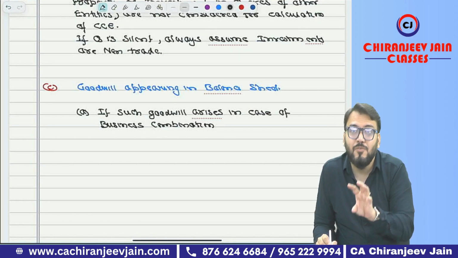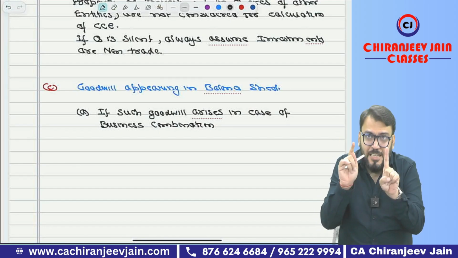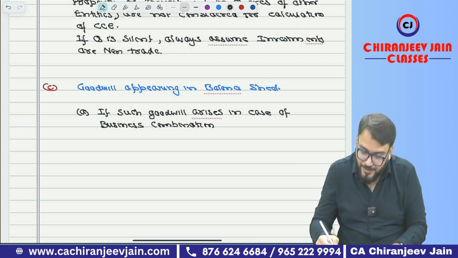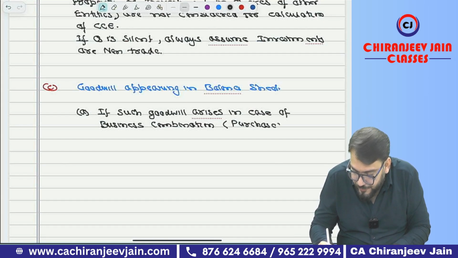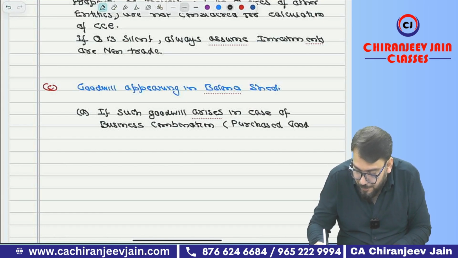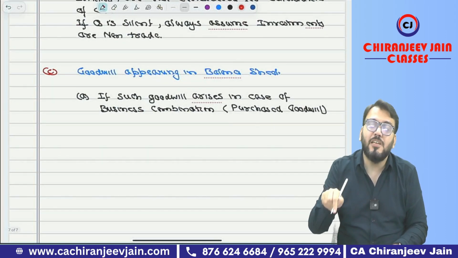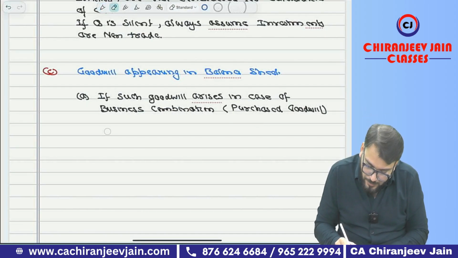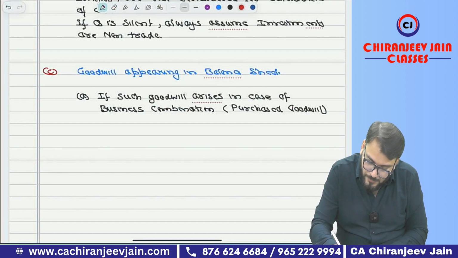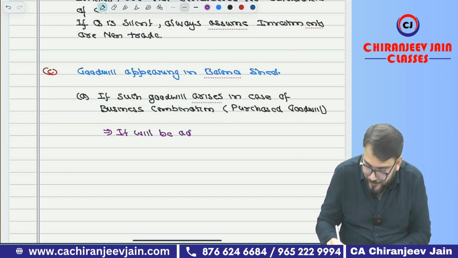In that case, Ind AS 103 says that we need to find out goodwill, and goodwill will be recognized in the balance sheet. Means in this case, goodwill is recognized in the balance sheet. This is nothing but what we can call purchased goodwill. If this is the case, it will be added to the closing capital employed. Okay. In this case, write down: it will be added